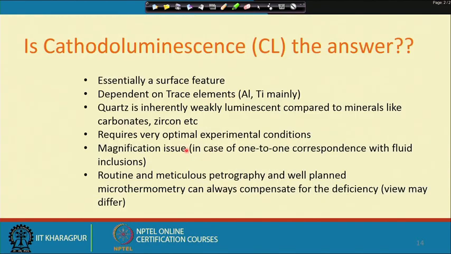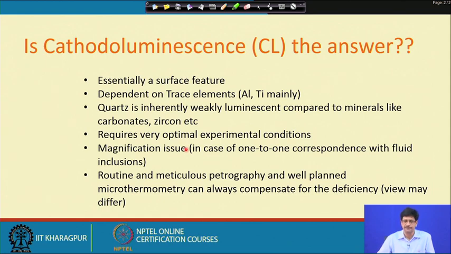And the last: now this fluid inclusion petrography, in many places wherever the facilities are available, is being correlated with the cathodoluminescence study of the sample, and this cathodoluminescence study is only being done on quartz. Quartz shows variable luminescence based on trace element contents like aluminum and titanium, and since it is essentially a surface feature dependent on the aluminum and titanium content, and quartz is an inherently weakly luminescent mineral compared to carbonate and other minerals like zircon,